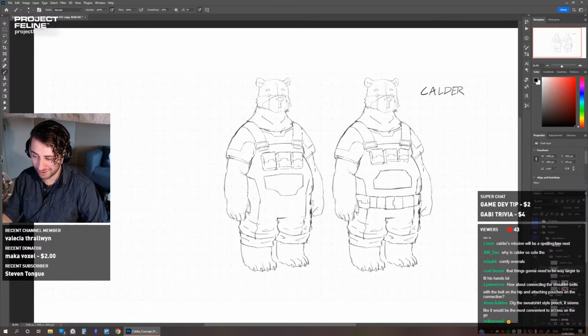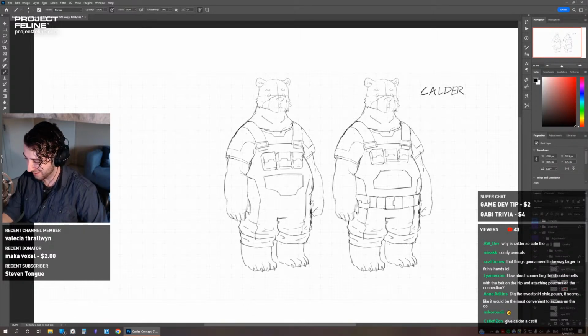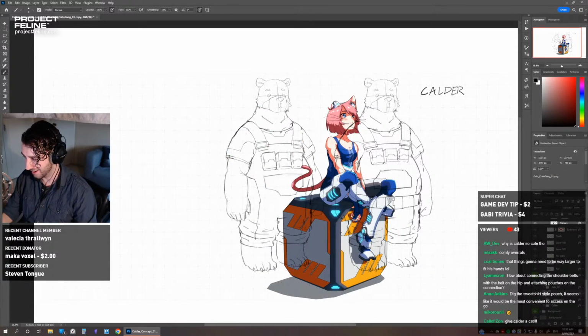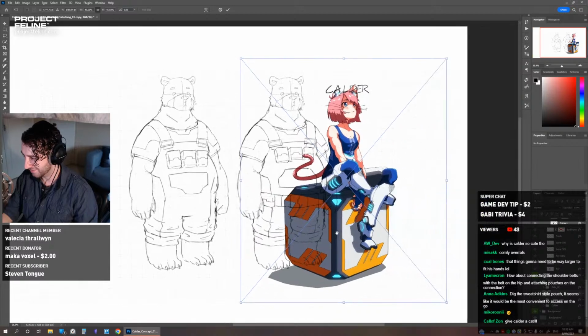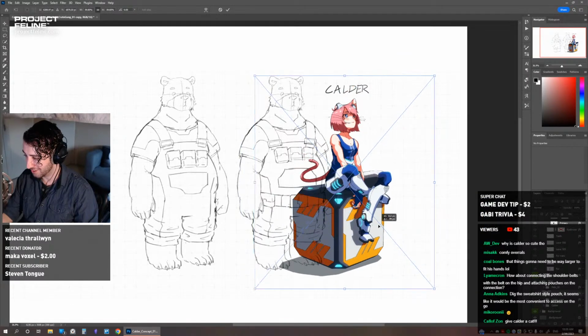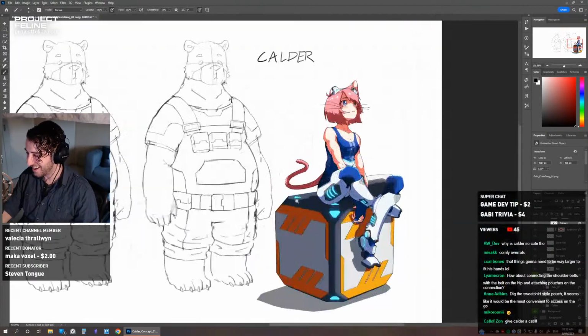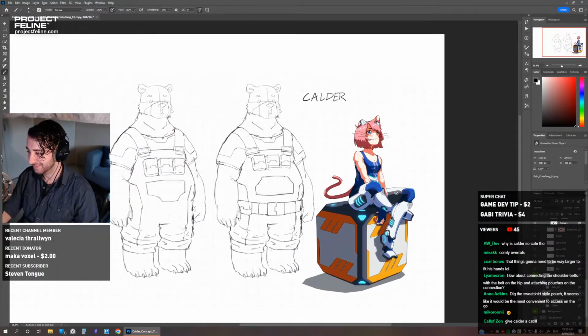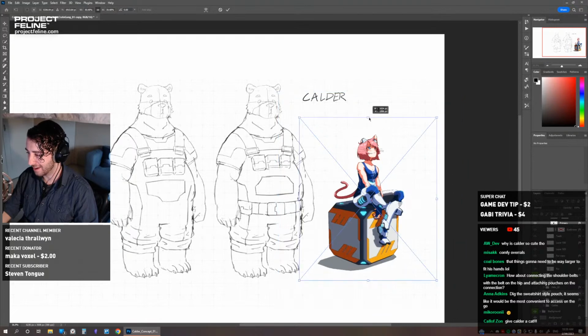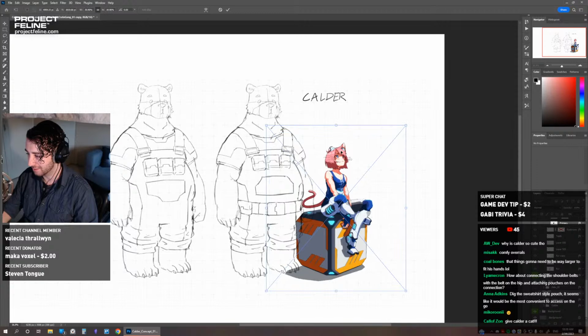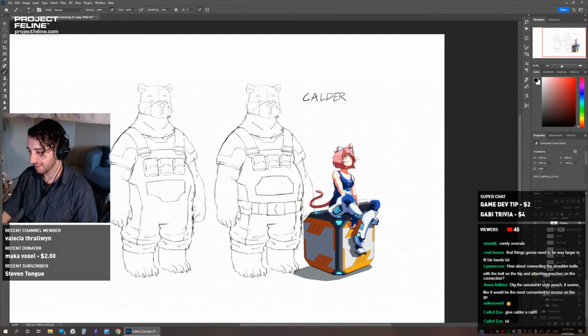Give Calder... Well, he will have a cat, okay. He's gonna have one. This one. Hold on, let me... Yeah, here's his cat. There we go. Got him. Yeah, that's right. I drew this in 1 millisecond, guys. I just drew that right now, and I'm putting it in the scene. Actually, how big would Gabby be? I think Gabby would be roughly that big, or that big, in comparison. That's what I'm thinking.